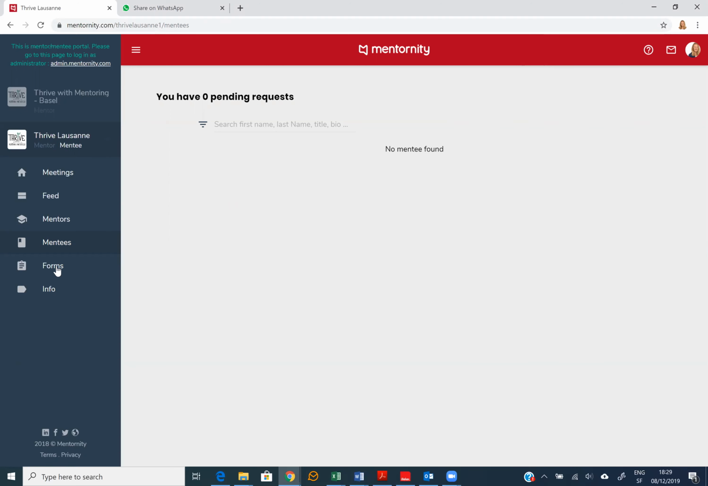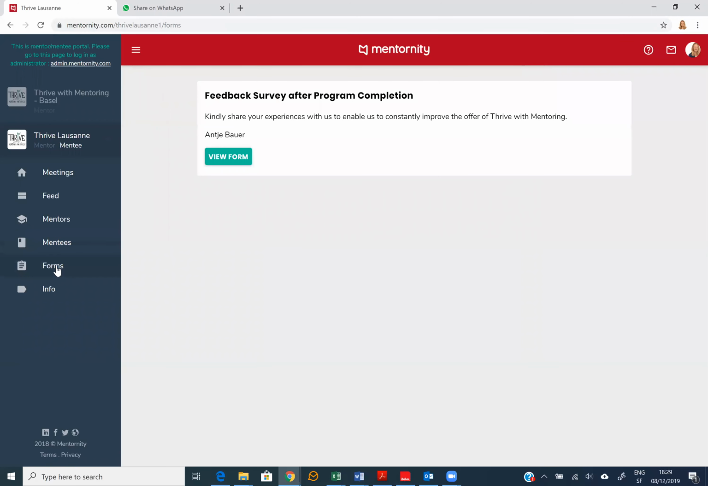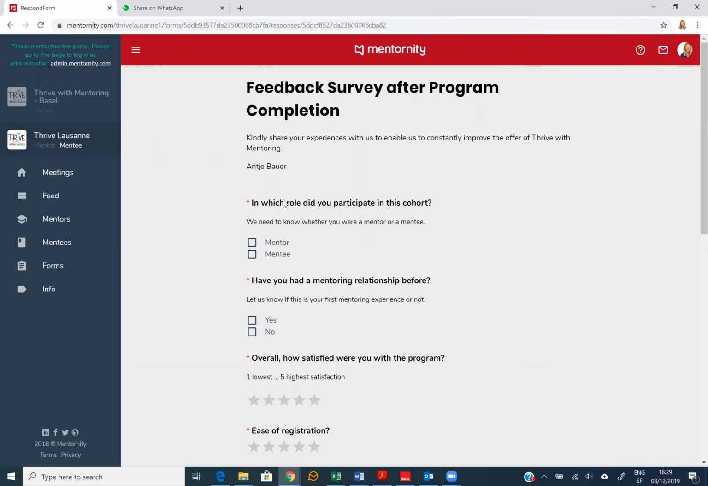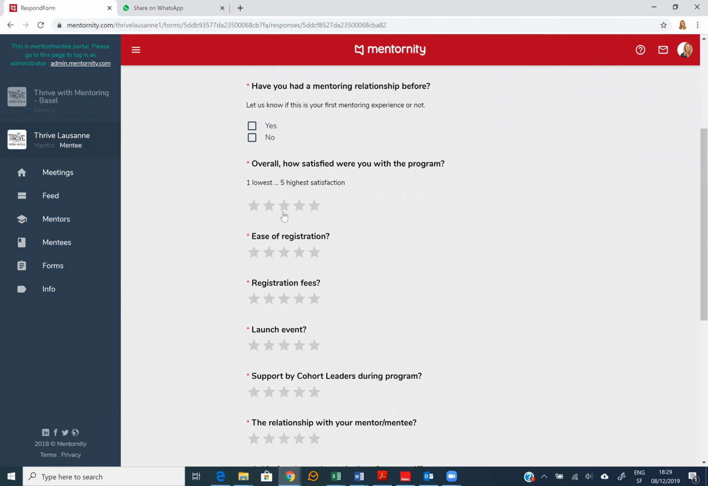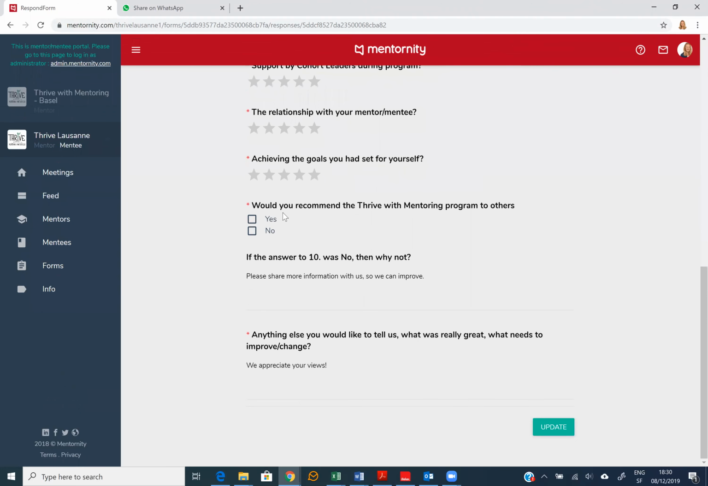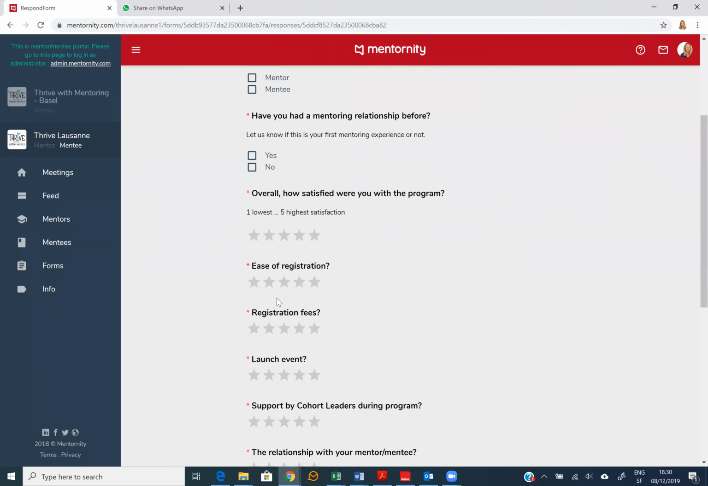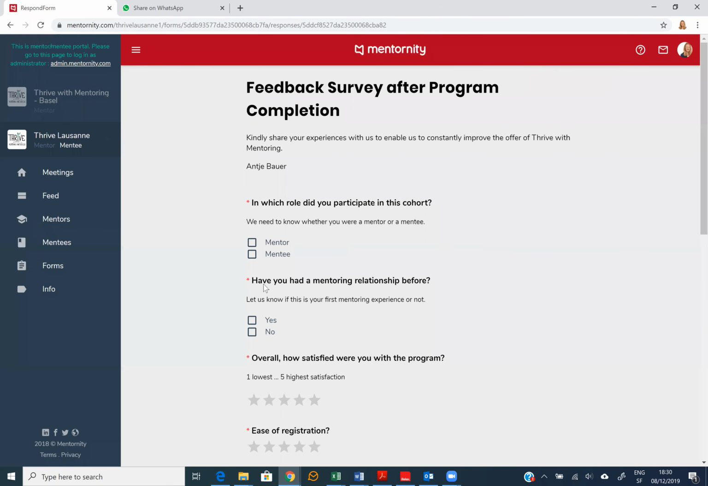Let's move to the next section, which is forms. Under that section, you see the previously mentioned feedback survey after the program completion. So again, it's an interactive form that allows you to provide feedback about the Thrive with Mentoring program, the 6 months journey with us. And finally, the info section